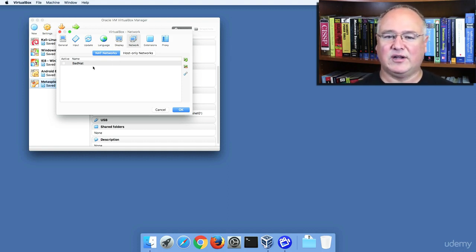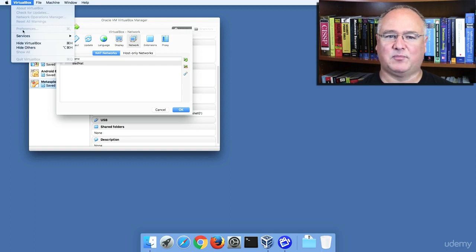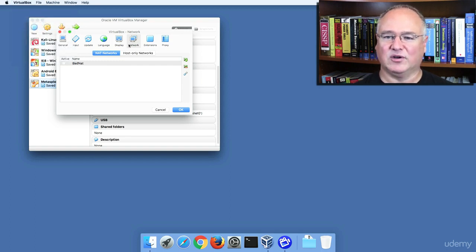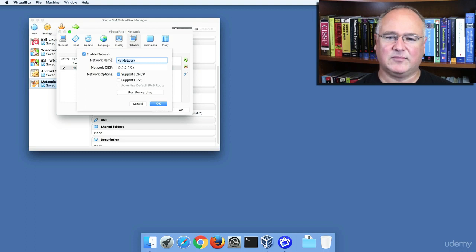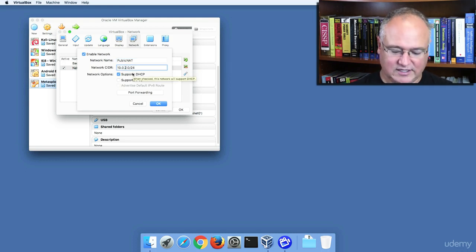I'm going to create a new NAT network. Disregard this one that I've already created there. So I go to VirtualBox, Preferences. Then I come to Network, NAT Networks, Network Address Translation is what the NAT stands for. Hit my plus to add a new NAT network, and I'm going to edit that network. And I'm going to call this my public NAT, and my CIDR range here is going to be